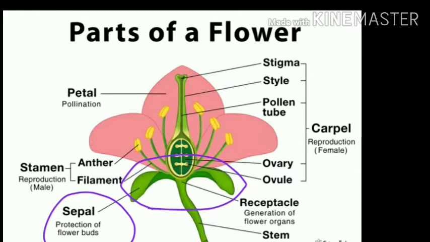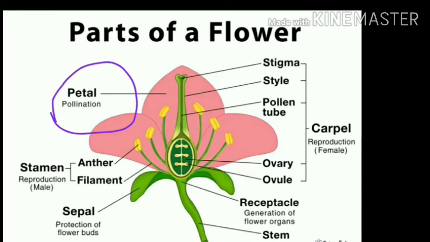Let us have a look at the corolla, which is nothing but petals. So guys, a group of petals is said to be a corolla. This is the petal part. These are bright, have a look, they look bright just to attract insects. Why do they need to attract insects? Just for pollination, like a mutualism.